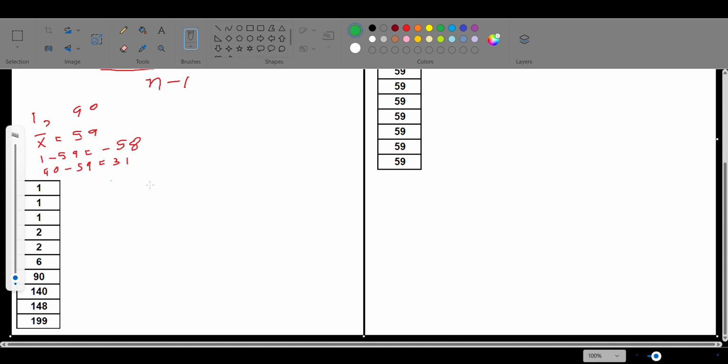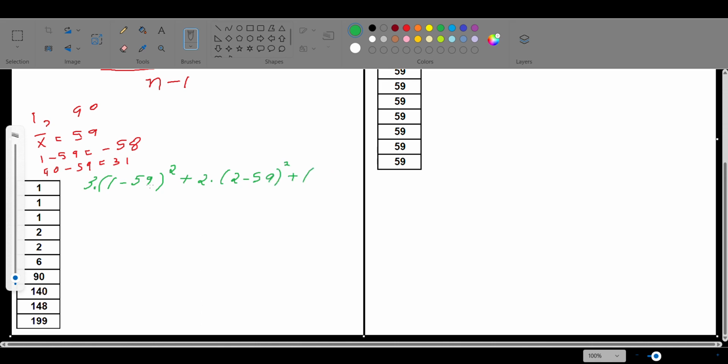So, given the definition of the variance, what we'd write is 1 minus 59 the whole square plus 1 minus 59 the whole square. It happens 3 times, so I'm just going to multiply it with 3 over here. Plus 2 times 2 minus 59 the whole square